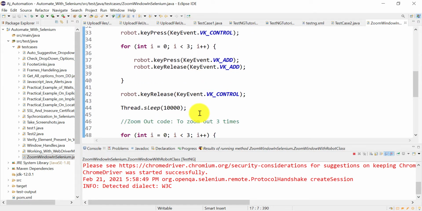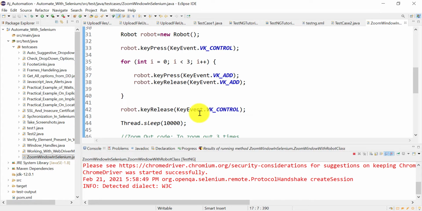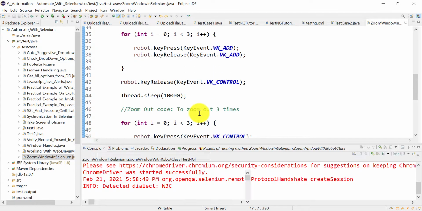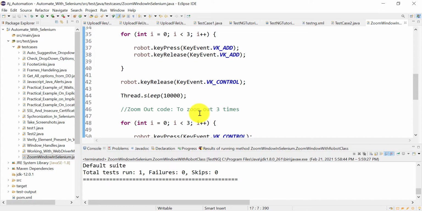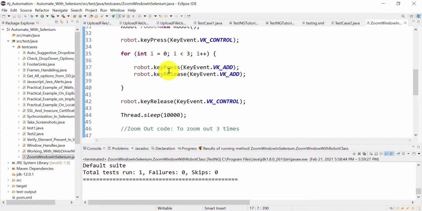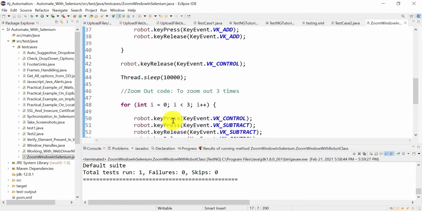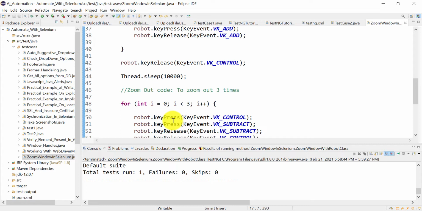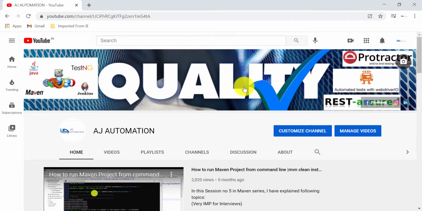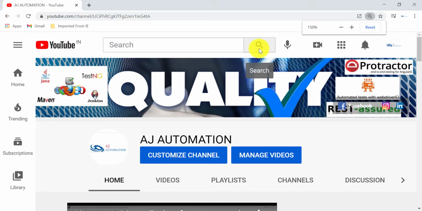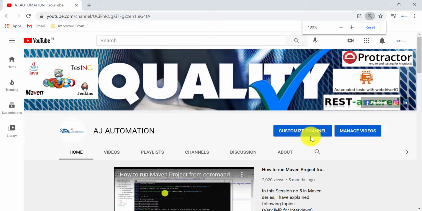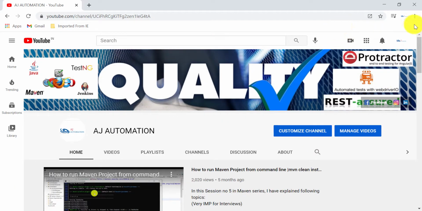There is another way by which you can do this. If you want to come to the default zoom size, that is 100. So if you zoom in the window 3 times, that is, the window is at 150%, and now without zooming out, you need to come directly to 100%. How can you do that? Manually, if you press control plus 3 times, and then press control plus 0, it directly comes to 100%.